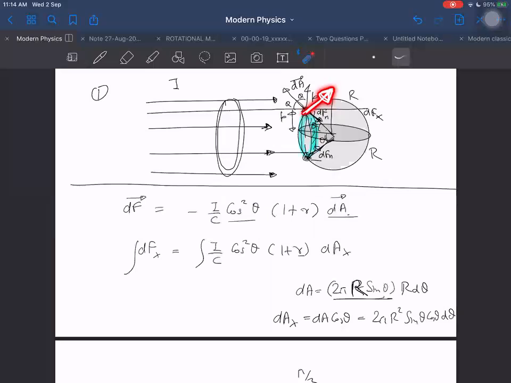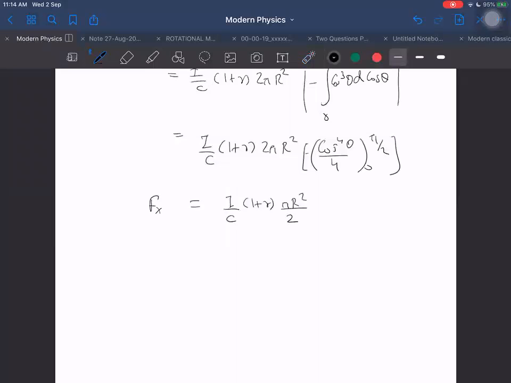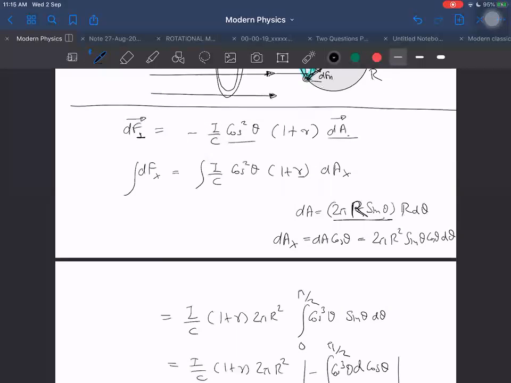What is the formula for that shear stress? I by 2c into sine 2 theta into 1 minus r. T is not there, leave t, 1 minus r is enough. That is our f. What should I call it now? Wait a second, I think I should call it f perpendicular. It is along the normal, no?